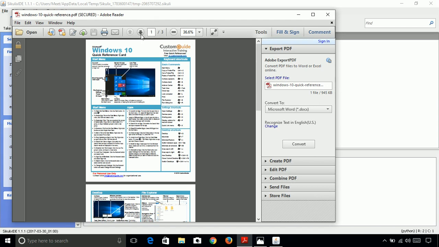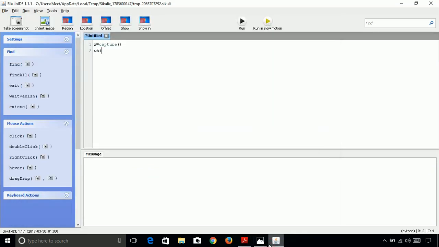So we are going to click on this icon. So let's use the loop here, that while not exists the given image, then click on the next icon.